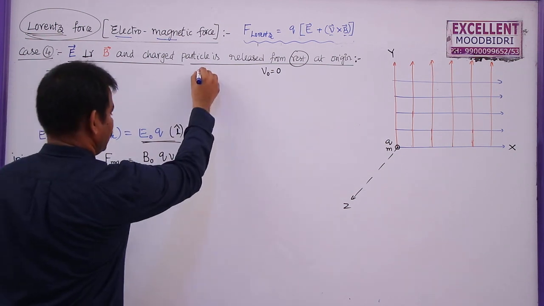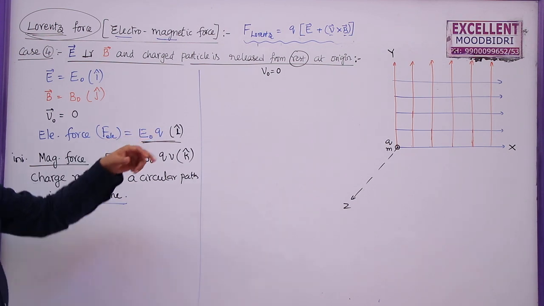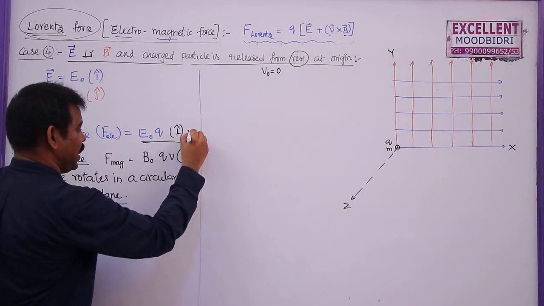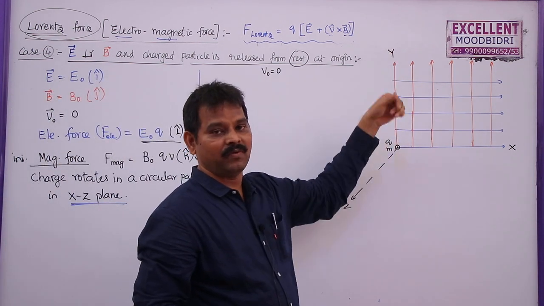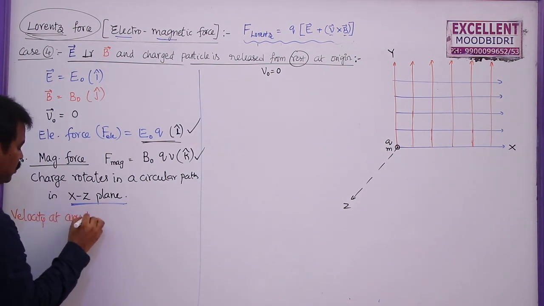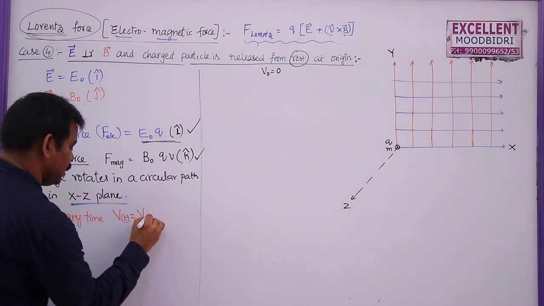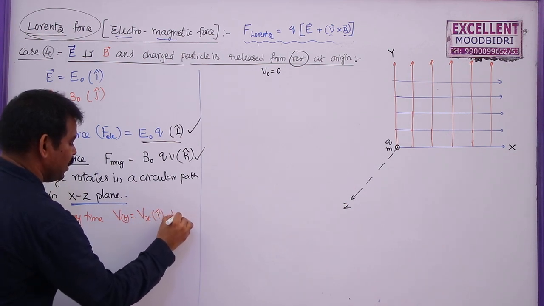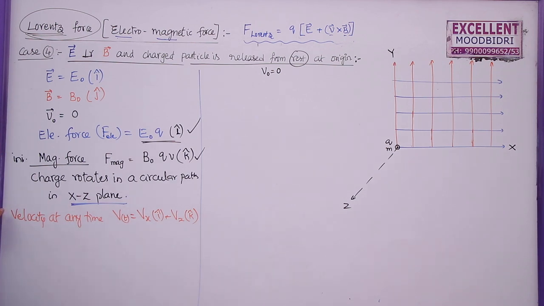So after this, here I am going to write what is the velocity at any instant of time, because in this case the particle will have either velocity along x-axis or z-axis only. Particle velocity along y-axis at any time will become 0. So velocity at any time in this case, V(t), is given by velocity along x-axis i cap, velocity along z-axis k cap. So this is the expression.